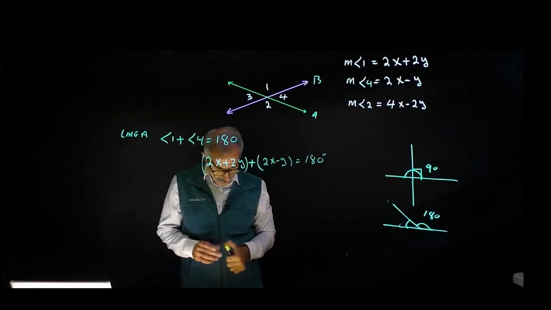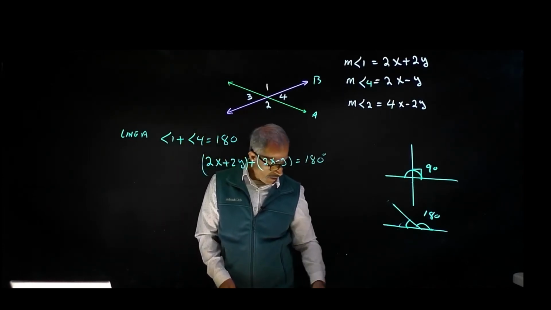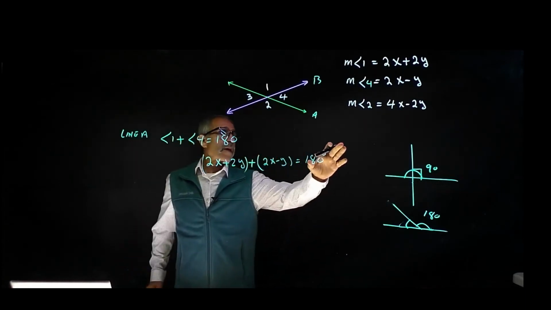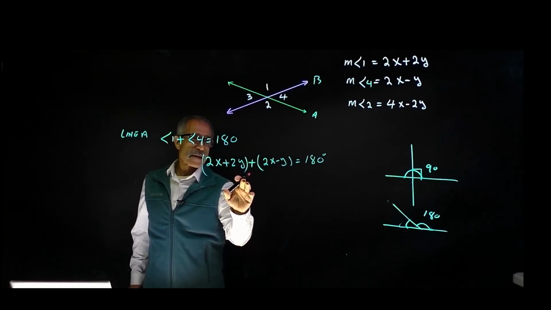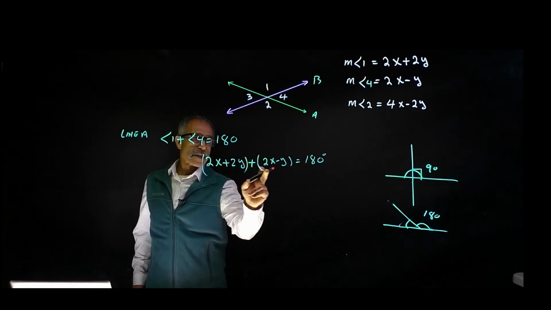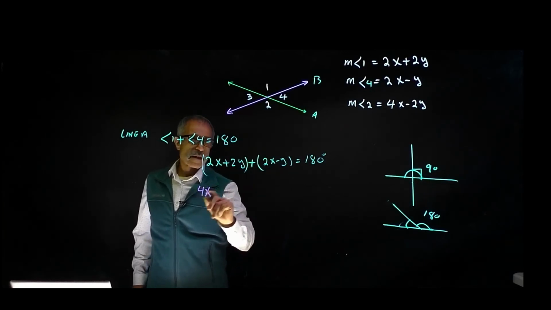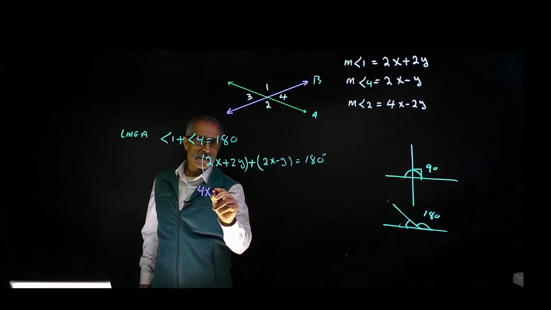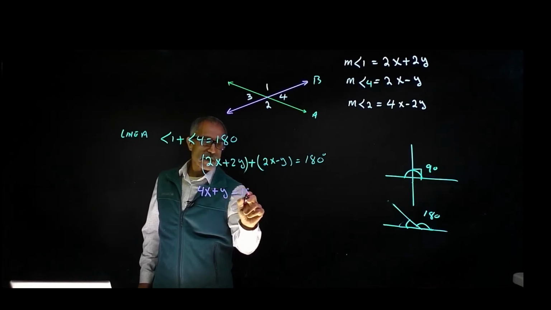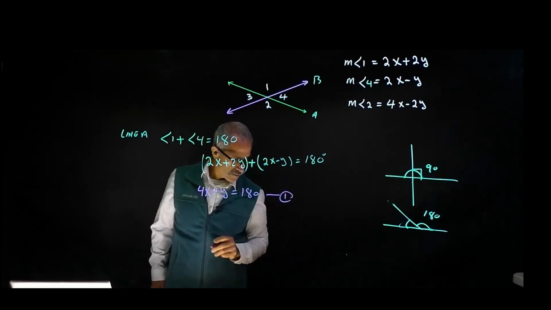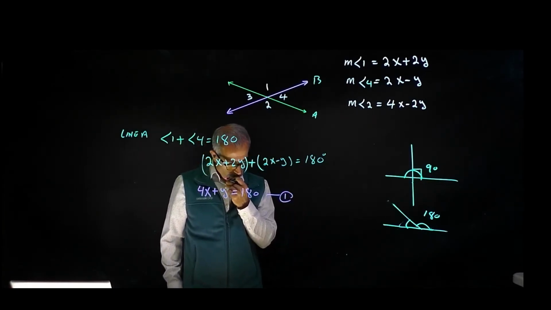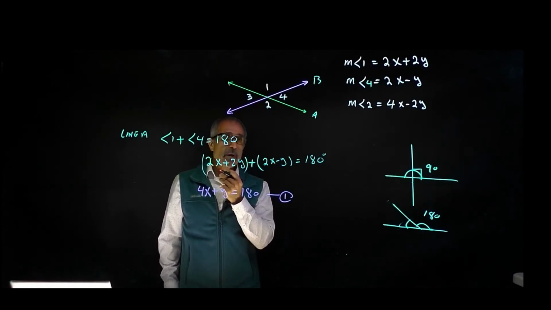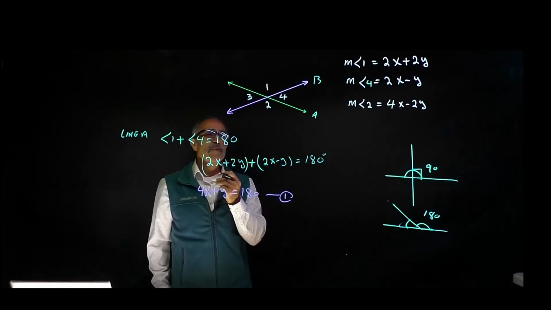So now we know that. Let's simplify this equation. That's going to become 2x and 2x makes 4x. 2y and minus y makes just y, plus 1y. And that is equal to 180 degrees. That's equation number 1. So we got one equation. The second one, we're going to say